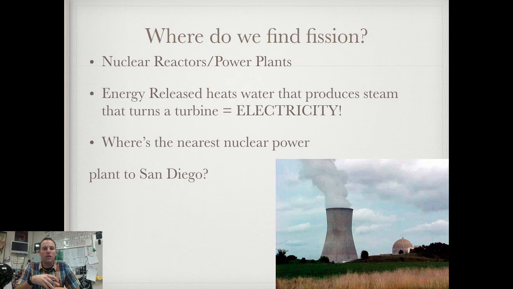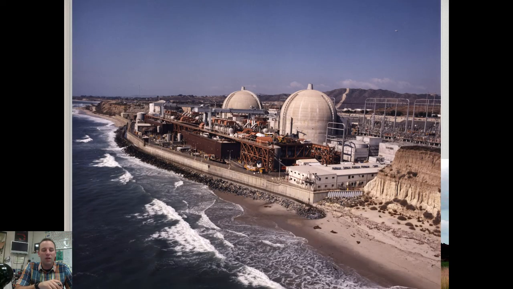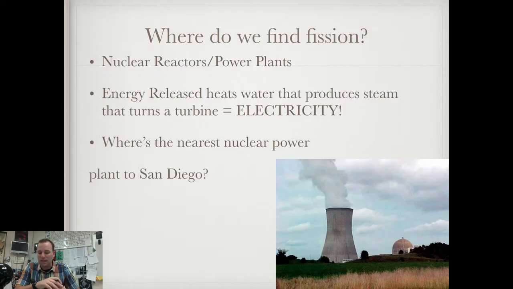The nearest nuclear power plant to San Diego is not in operation anymore, but when I started teaching, it was still in operation. Can you think about it? It's on the freeway, there are like 2 domes, by the ocean near Oceanside, San Clemente. It's called San Onofre. That is no longer a working nuclear power plant. They're in the process of dismantling it, which is going to take years and years. But if any kind of nuclear accident ever happened there, you'd have to clear out like a 300-mile radius around that, and that would definitely include Valley Center.